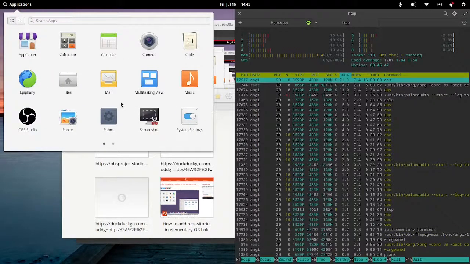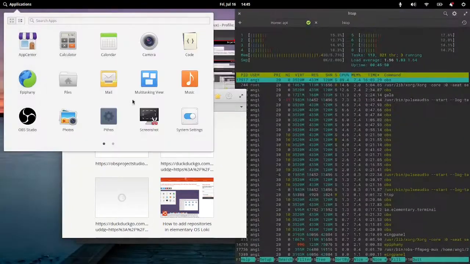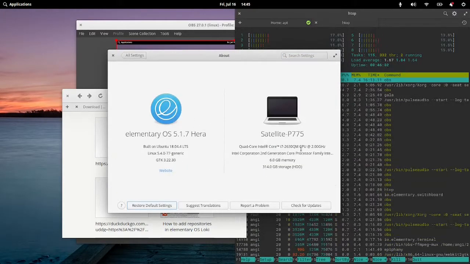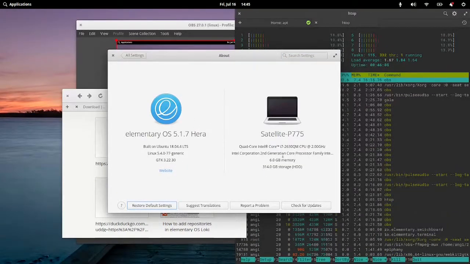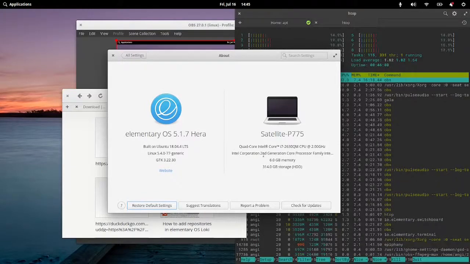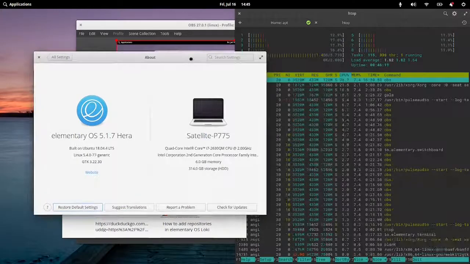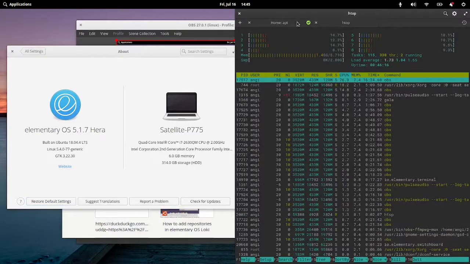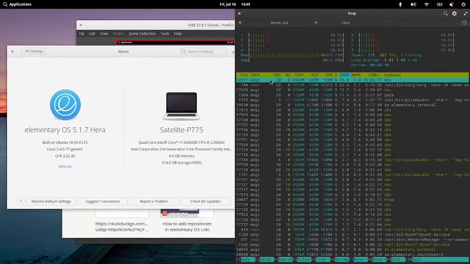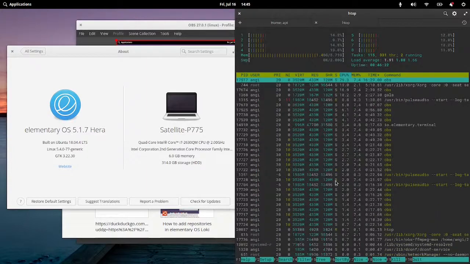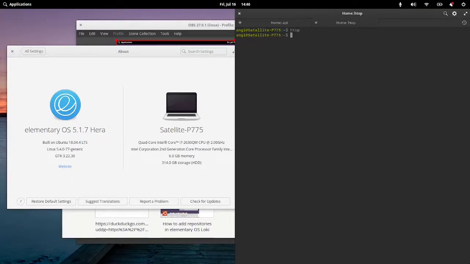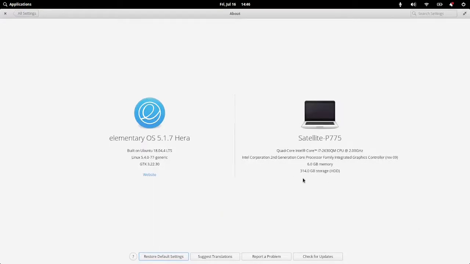I was going to show this in system settings, which I closed out because I'm very forgetful. It's an i7 quad core at 2 gigahertz, which is kind of slow, but it works. HTOP is showing that I'm barely even using the CPUs, and my RAM is barely being taken up. So at least this operating system isn't very heavy, not much heavier than Ubuntu anyway. It's a nice processor.